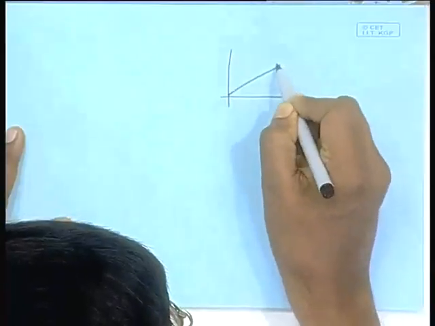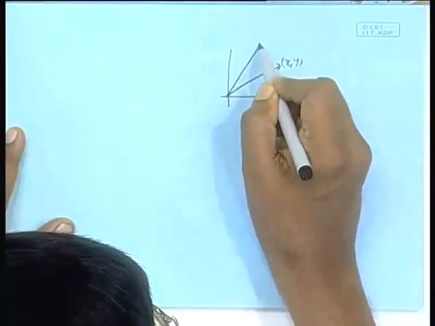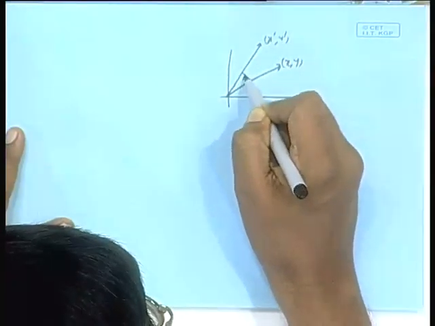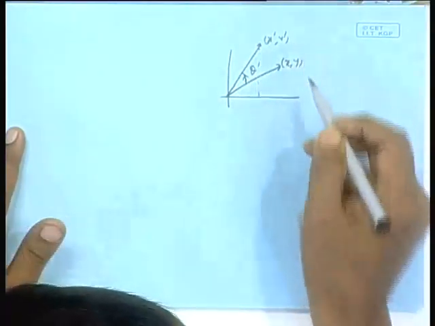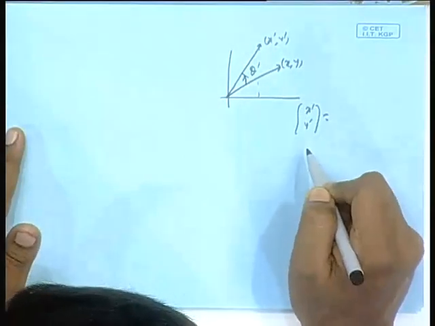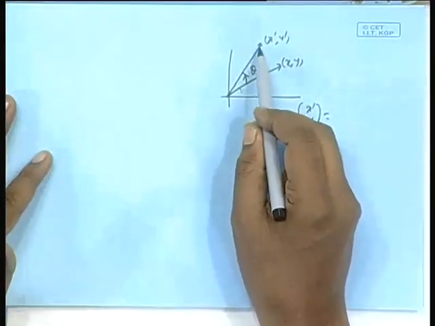Okay. One thing I just forgot to mention. So, we are considering rotations, elementary rotations. Suppose there is a vector x y and I move it to x prime y prime. So, this angle is theta. Then we can work out what x prime y prime actually is. If you do not know how to work it out, you call this angle alpha. So, this is alpha plus theta, length is p.